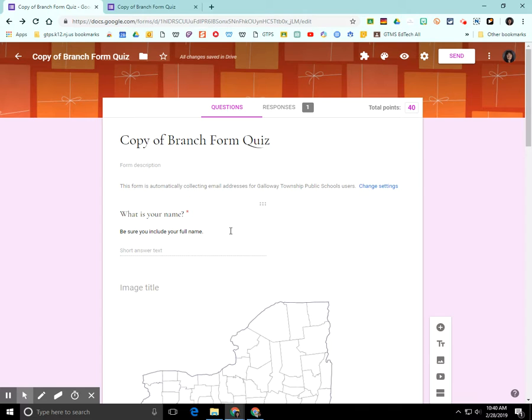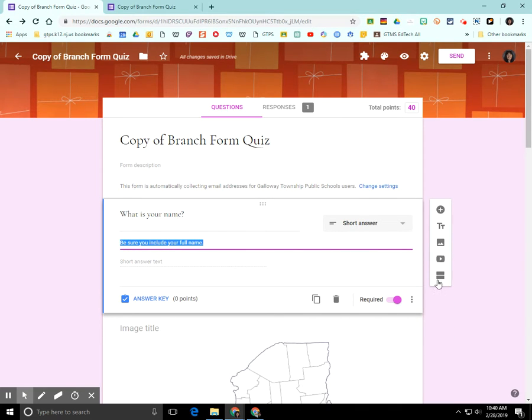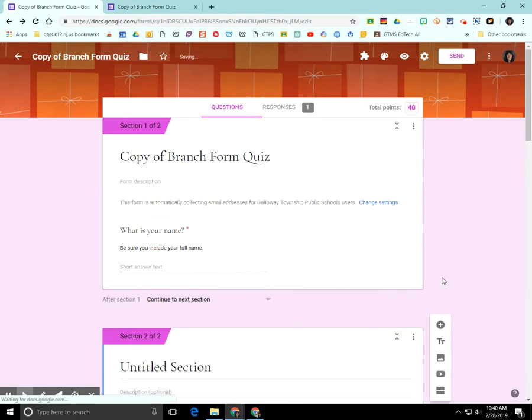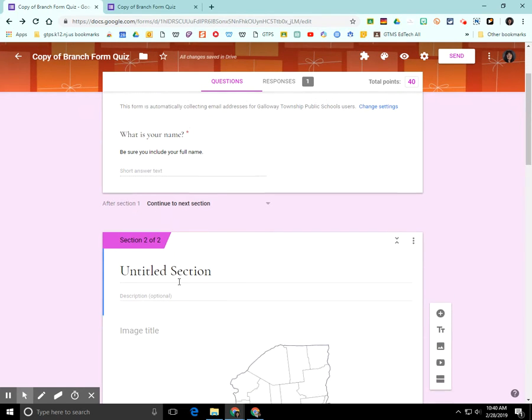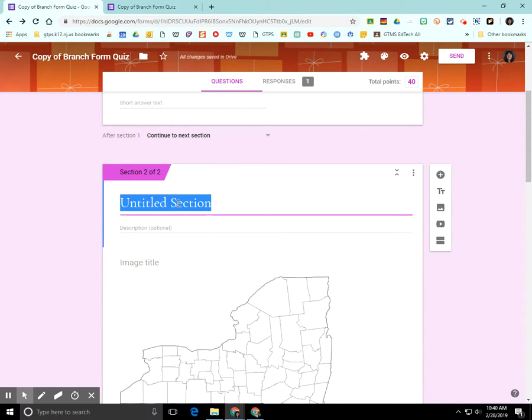So what I'm going to do is click on the question, and on the right side, click on the add section icon. It looks like two bars, and it will add a section below the question where I was at. And it's prompted me here to name the section. So I'm going to say name the state,